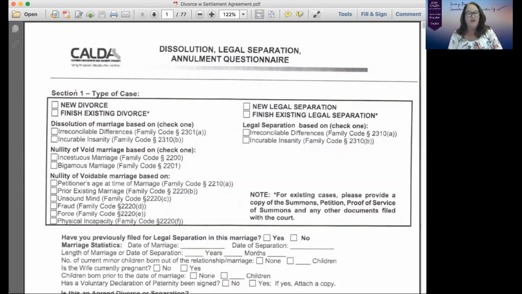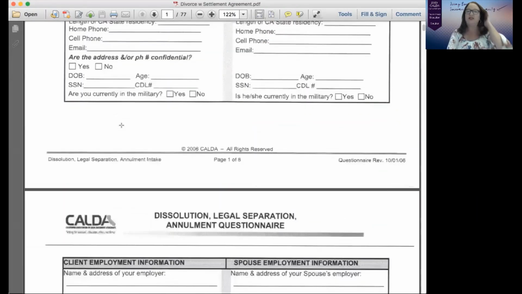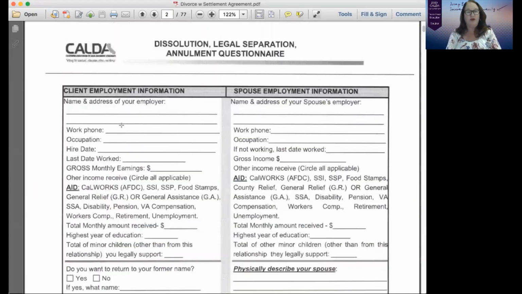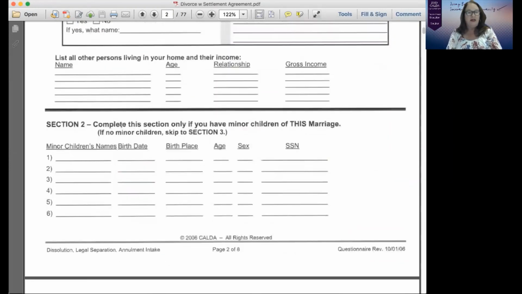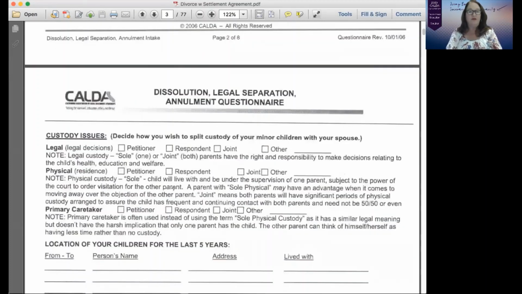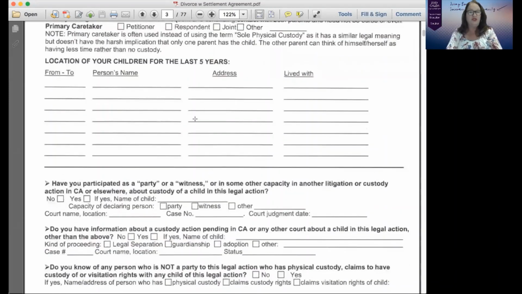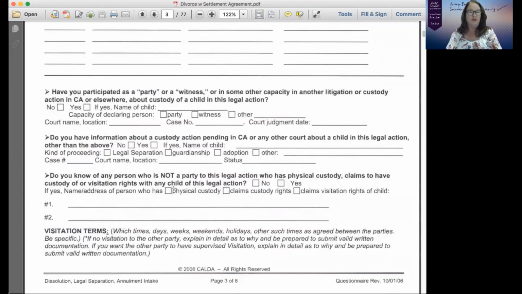So the dissolution is actually quite extensive, several pages here. I did not fill that out. I just brought it here to make sure people are aware that you could get these, and you can use it for legal separation, annulment. Of course, dissolution is the main thing that we use. Talks about the custody issues, where the children have been the last 5 years. That's important. All of this is the